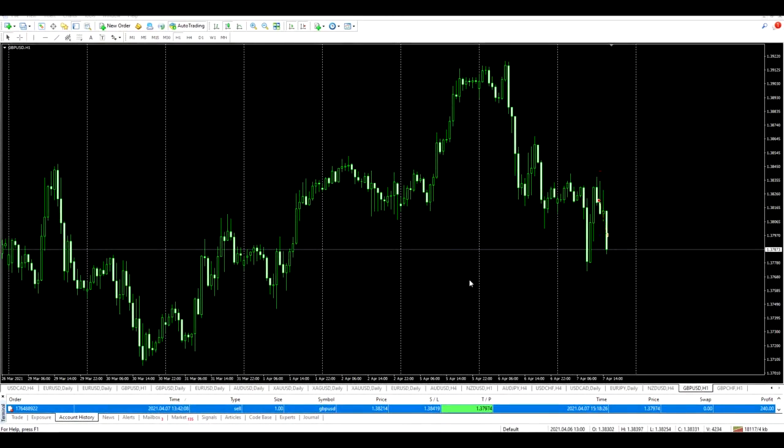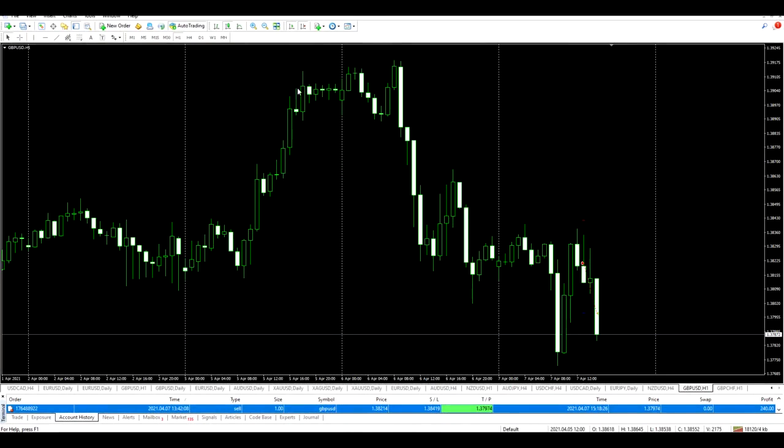Okay, guys, and I'm back, and we can see that the trade has played out nicely. I entered here. Let me just zoom in a little bit, and we can see that within just a couple of hours, the trade played out. My take profit target was hit, and that was a quick